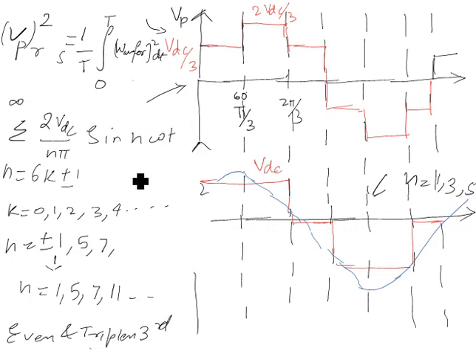Okay, so you will read. I'm just hinting at why the triplen harmonics is so dangerous, because this flows only in the delta winding, but it will not come in the star winding. So that's one of the issues. Now here, if you see, overall the waveform is 1, 5, 7, 11.